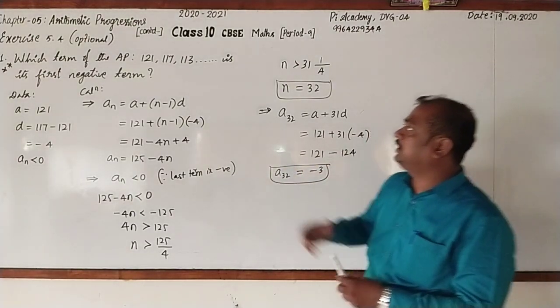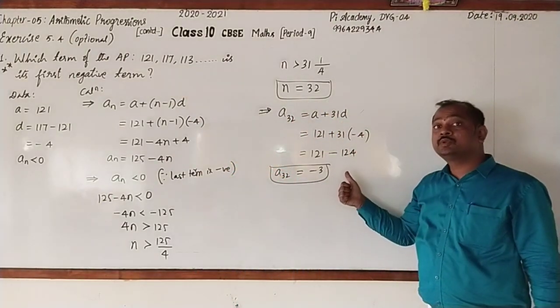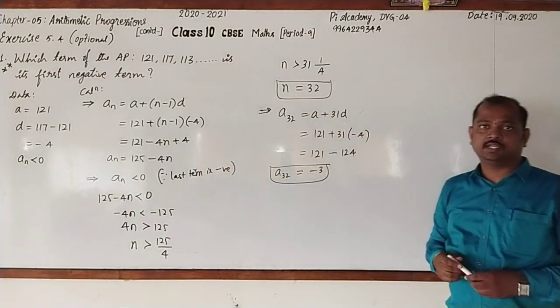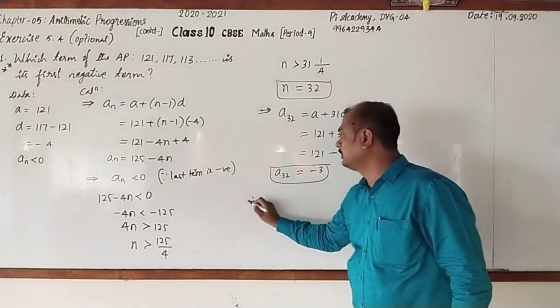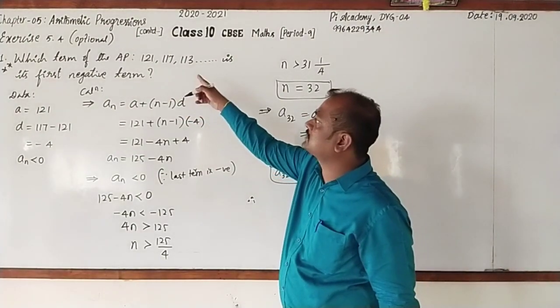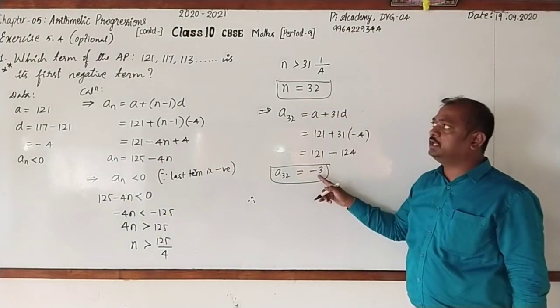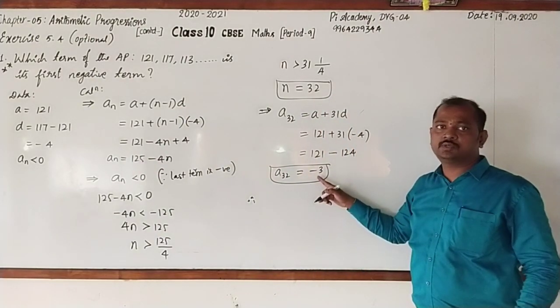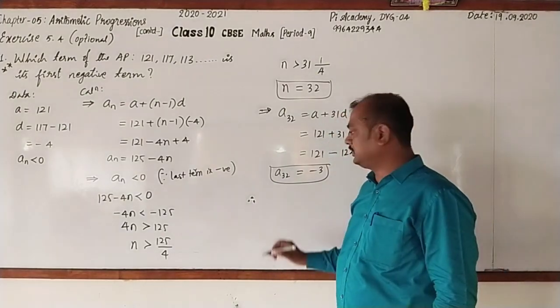If you go on writing the AP in this order, at last you get a negative number, that is minus 3. Clear? So conclusion, we can write 32nd term. See, which term of this AP is first negative term? Minus 3 is the first negative term. Clear? Here we can write the conclusion that